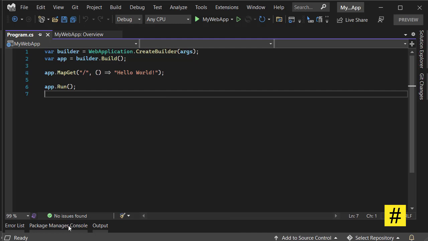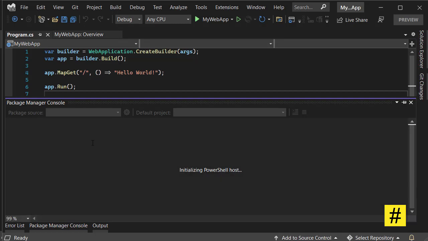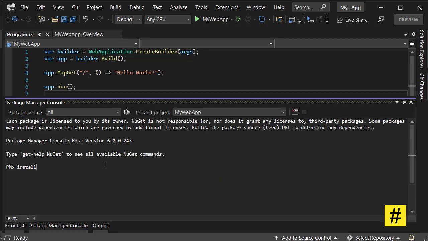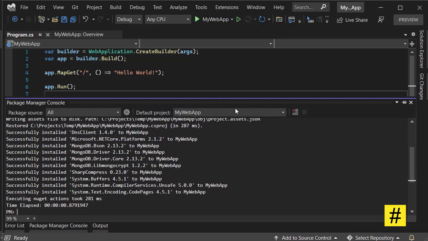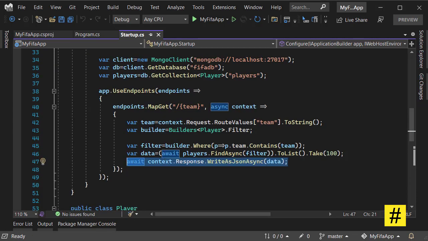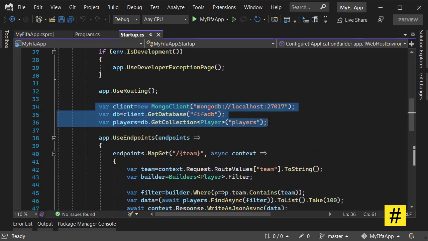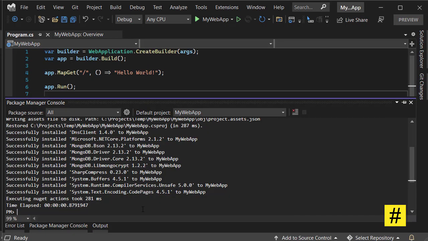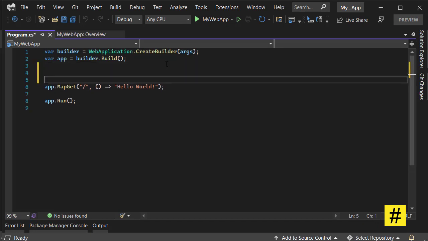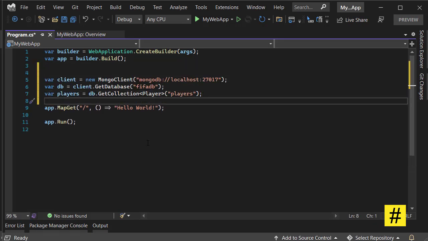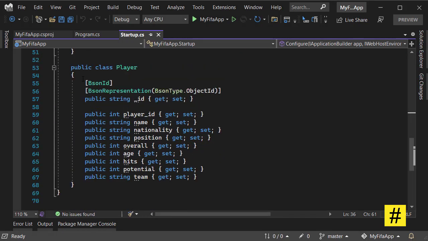Now let's add the driver for MongoDB, and to do that let's install the package MongoDB driver, and let's copy and paste code from this application. First, let's copy this part and paste it here. Also, we need the class for players, which is here,